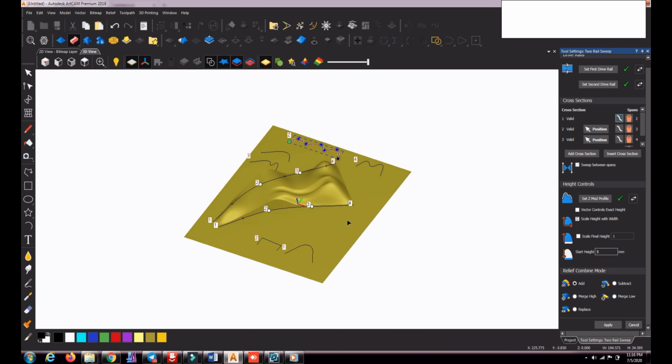One by one you can try it out so that you will understand. You can try these options with a simple profile, then it will be very easy to understand. If you have any doubts, please put them in the comments, and I will try to clarify them in a better way. The combined modes of relief, add, subtract and all, work similarly to the previous 3D commands. If the profile shape is okay, we can apply, then that will be saved, and then we can cancel the command.